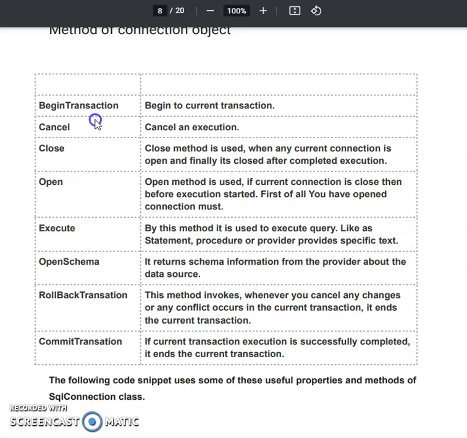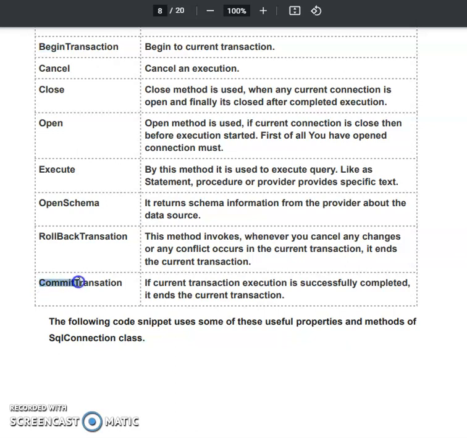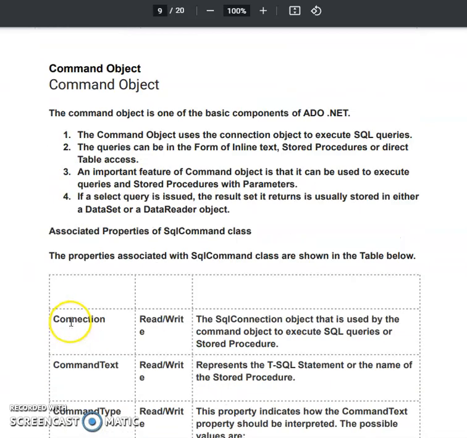Related to the transaction, we can start the transaction with BeginTransaction. CommitTransaction completes the transaction. If it is successfully executed, then this command will return the true value. Then RollbackTransaction, that if there is some conflict, some error, then it will come back to the original position. That is about the rollback transaction.